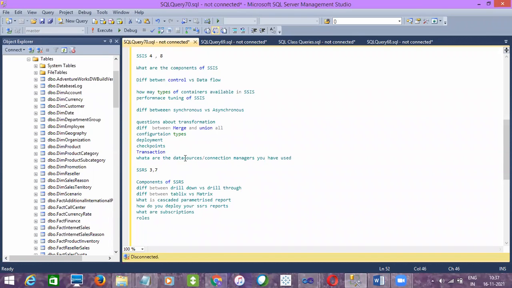There is a difference, right, between data sources and connection managers? Don't think so. Whatever source we are using, we are creating the same connection managers, right? For the source you use, we are creating a connection manager. Yes. And what are the things you need to consider when you are working with an Excel source?